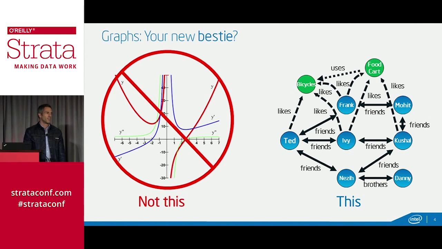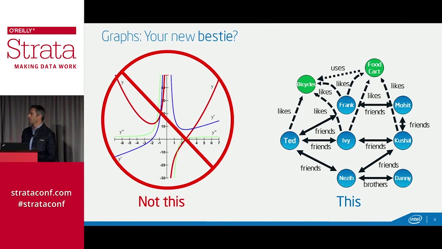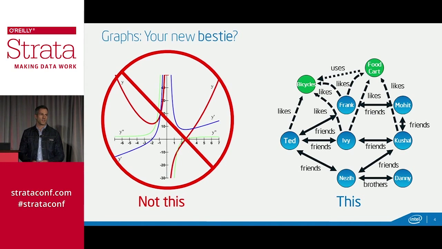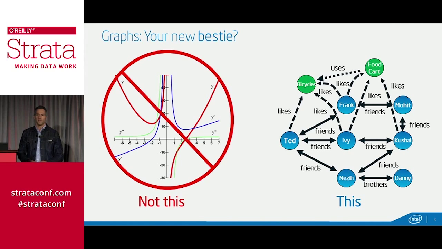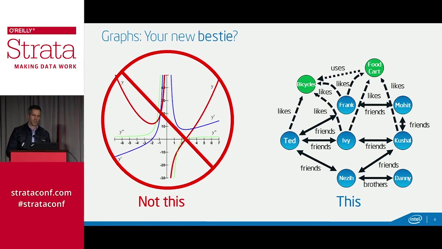And of course, the question today is, can I make graphs your new bestie? And we're talking, of course, about rich models like the one on the right there. This is an example of a multi-property graph. There are nodes. There are different types of things, people, places, things, other more abstract things, related by edges of different types, and they can have multiple labels on those things, and we can use them in analysis that I'm going to go into.